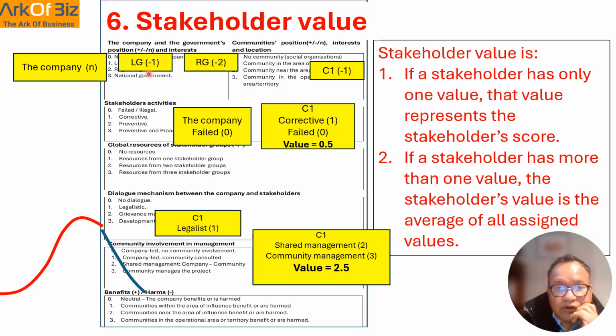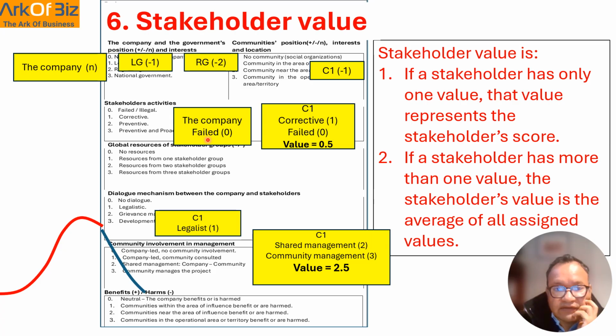Then we have the local government, which is opposed to the company and is assigned a value of -1. The regional government is also opposed to the company and is assigned a value of -2. On the other side, we have community 1, which is opposed to the company and is assigned a value of -1. So according to these examples, in the stakeholder element here, the company has a value of 0